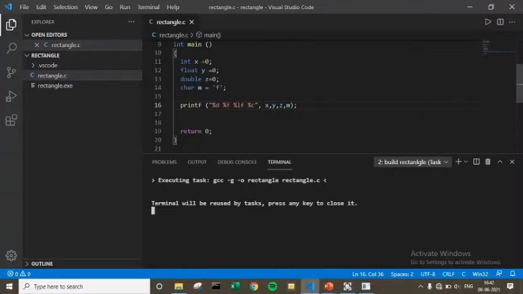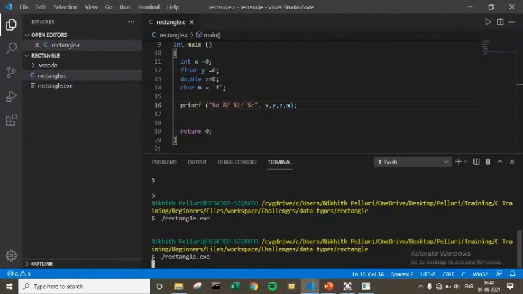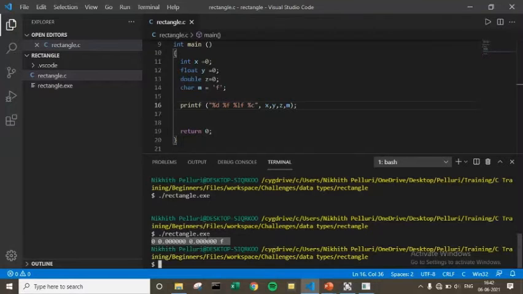So as you can see, now the values are printed, and see F0000.